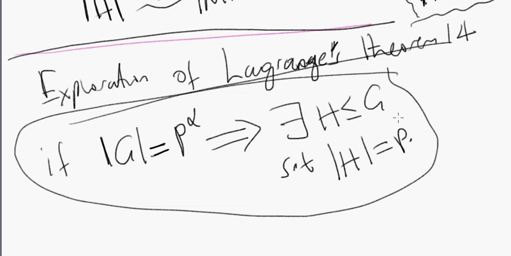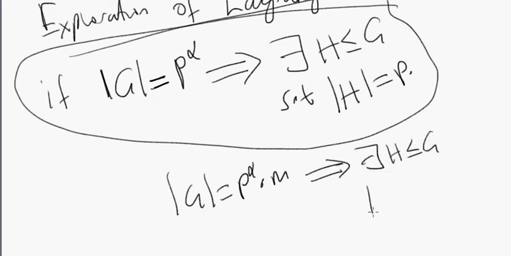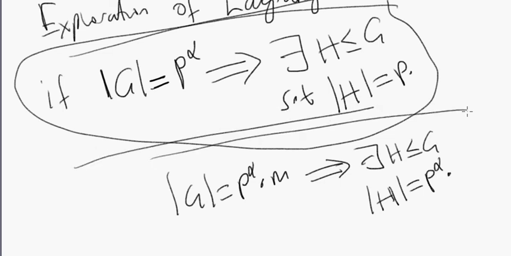It seems so related. Because here Sylow's theorem is saying we have a group G of order p to the alpha times m, kind of similar to p to the alpha, and we are still trying to show that there exists some subgroup H of G, but the order of H is not being taken to be p, rather it's being taken to be p to the alpha. So in what way are these two things related? Let's think about that. Maybe this theorem here, guaranteeing a subgroup of order p, may be useful to us. Alright, so let's think about how we could combine all this information to give us a subgroup,